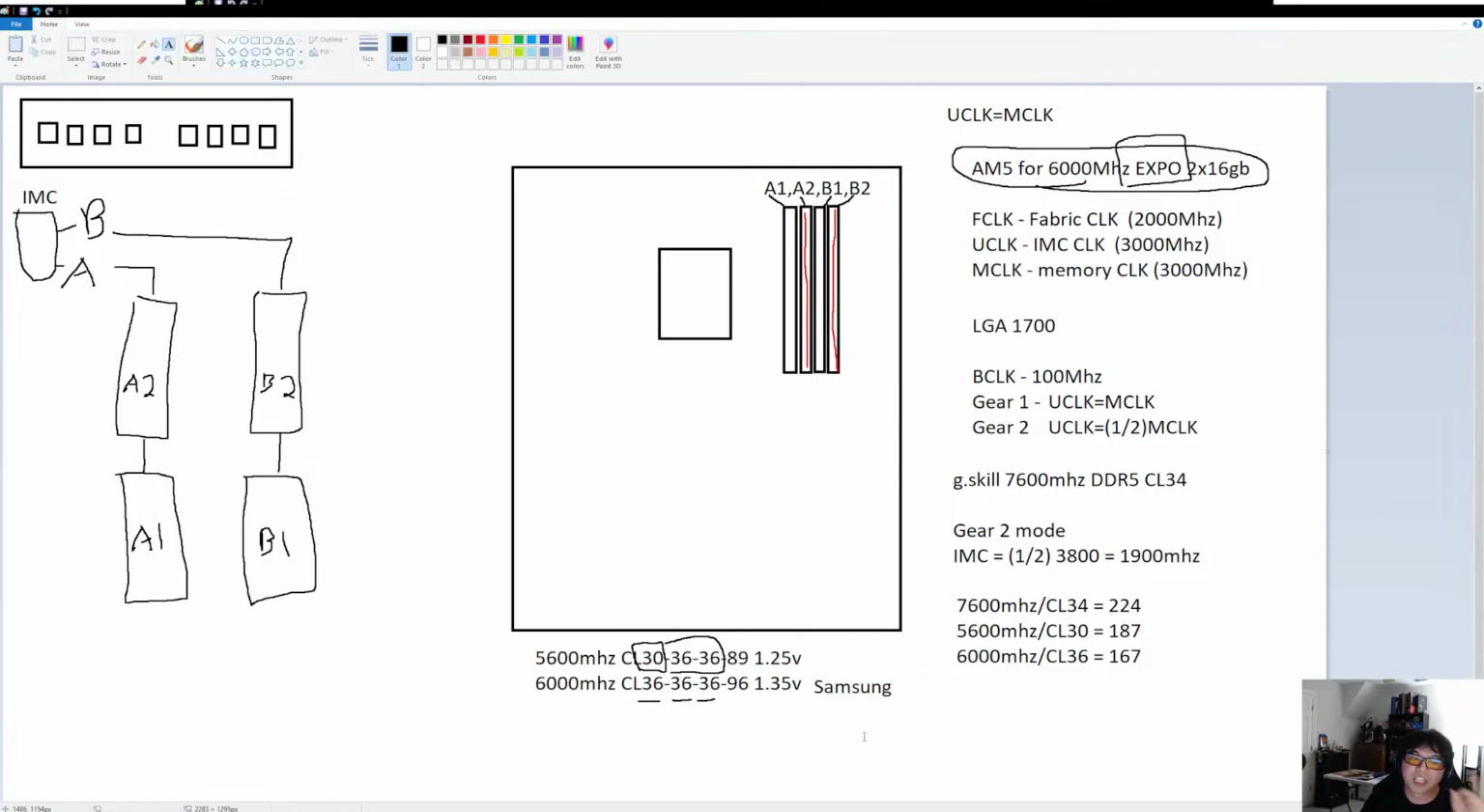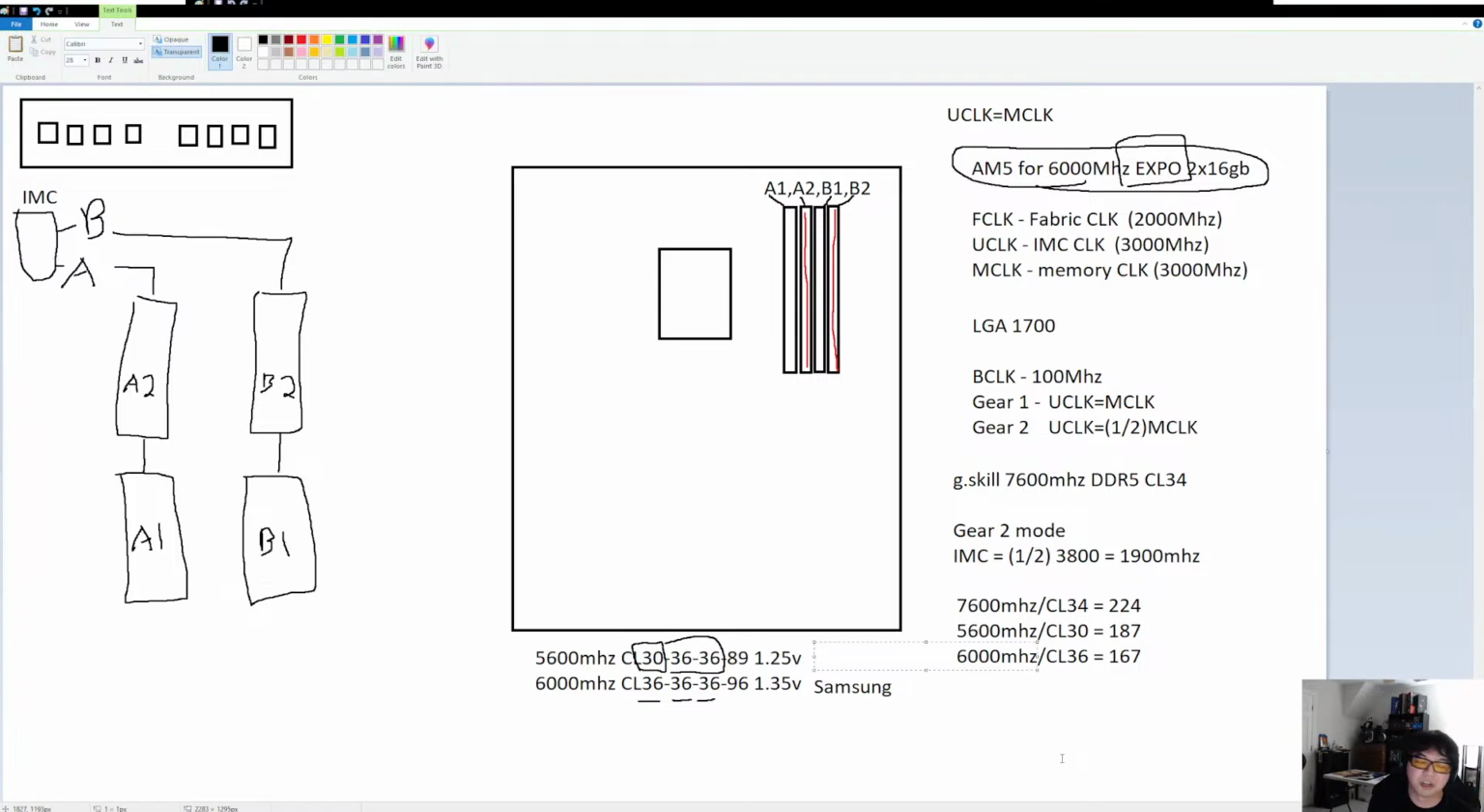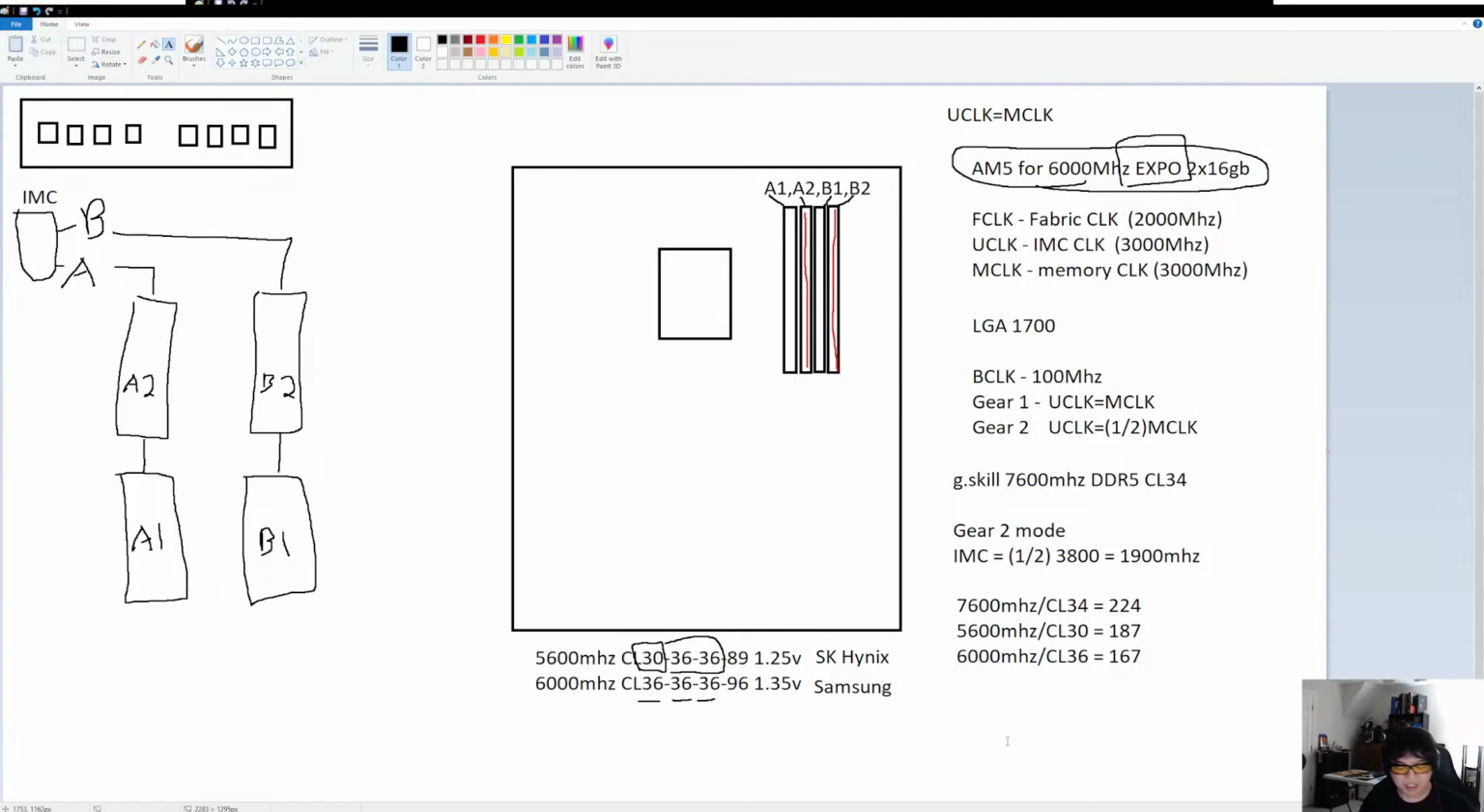If the first CAS latency number is equal to the second number, it's Samsung memory. There is a high, like greater than 85% chance, maybe greater than 90% chance that it is a Samsung memory kit. If the first number is different from the second and third number, it is SK Hynix. There is a very, very high probability that it is SK Hynix memory, like greater than 90%. So I can tell you, like right here,